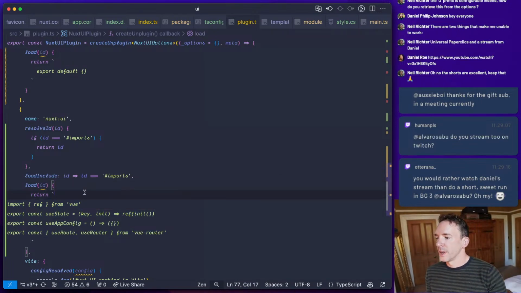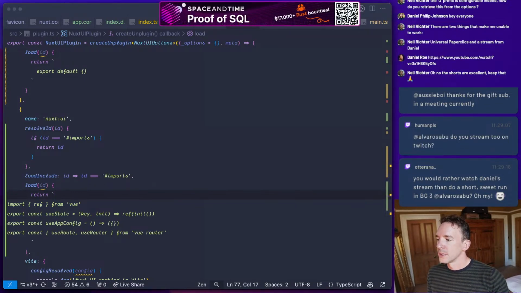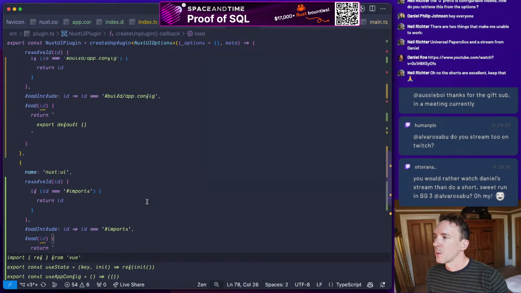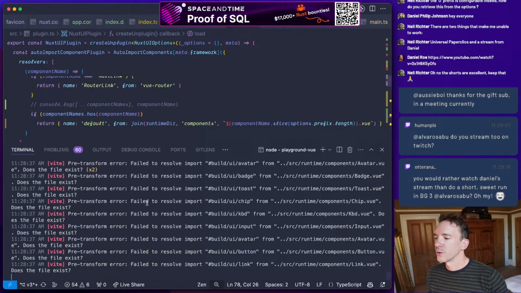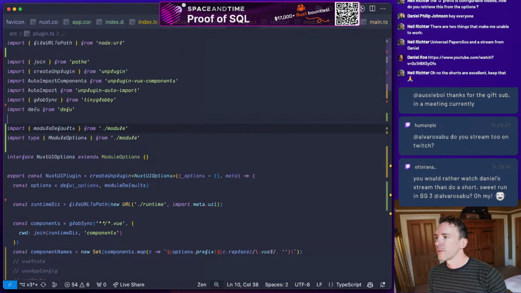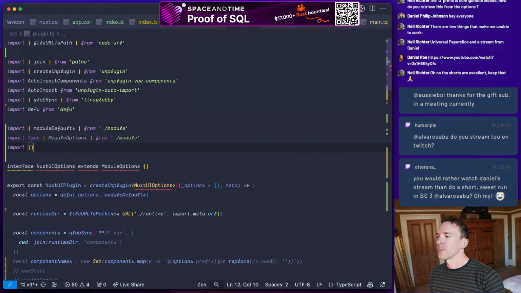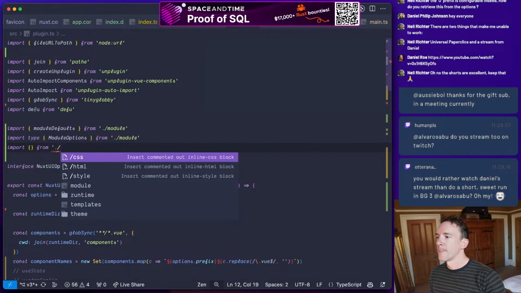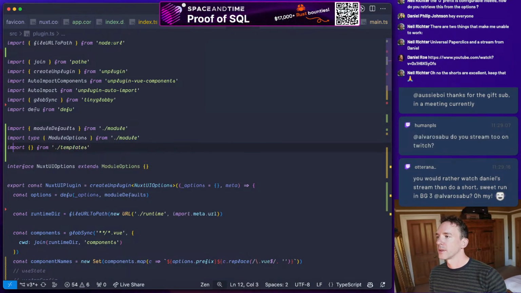Okay, so, right, we are going to see what we can do in regards to these templates. We're going to import them from templates, and it's a function called add templates.